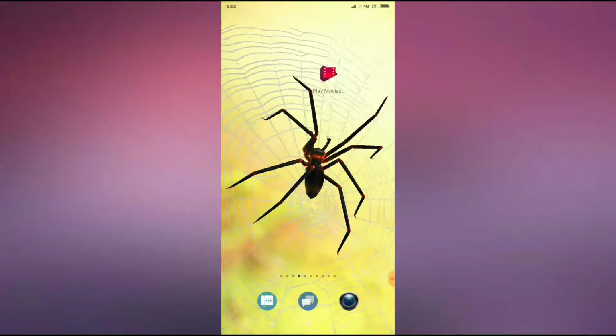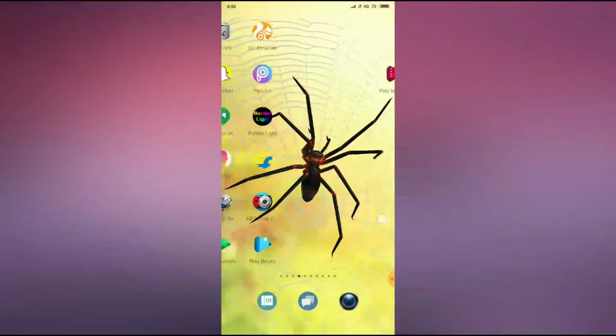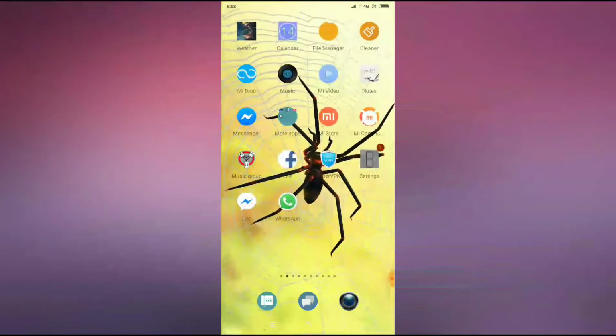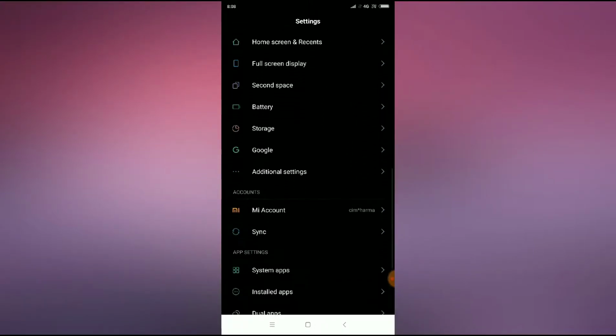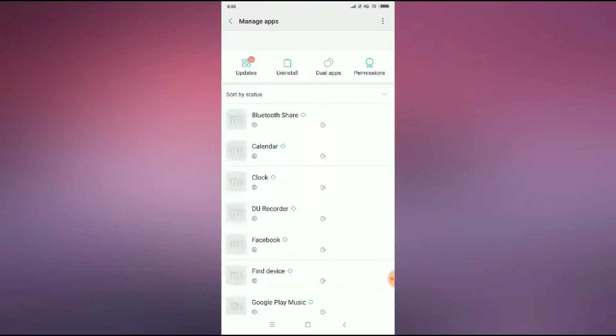And I will show you now. You have to go to your phone settings. Go to your phone settings and then you have to go to install apps or app manager. Here it is, install apps. And then now you have to search for